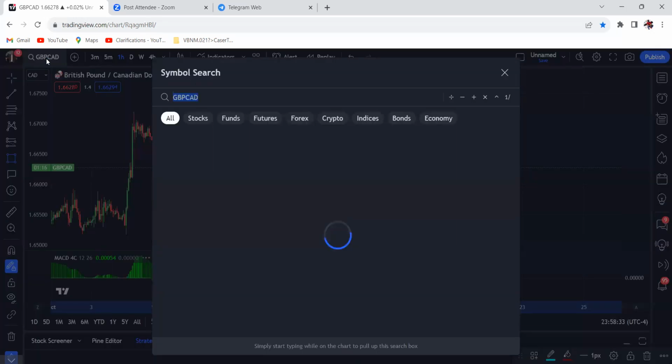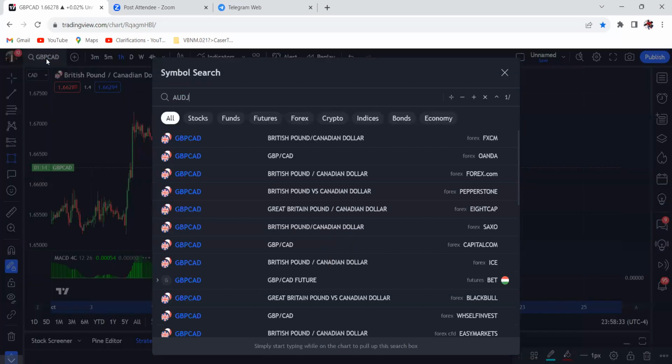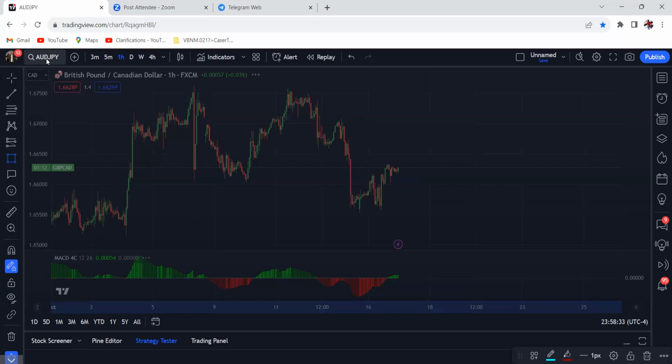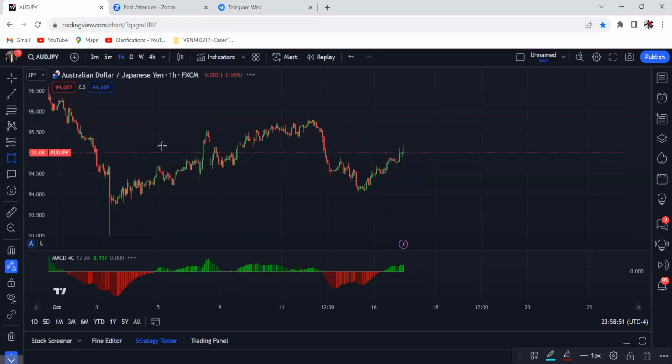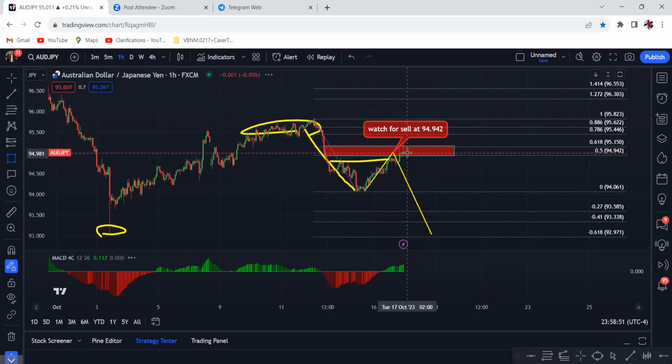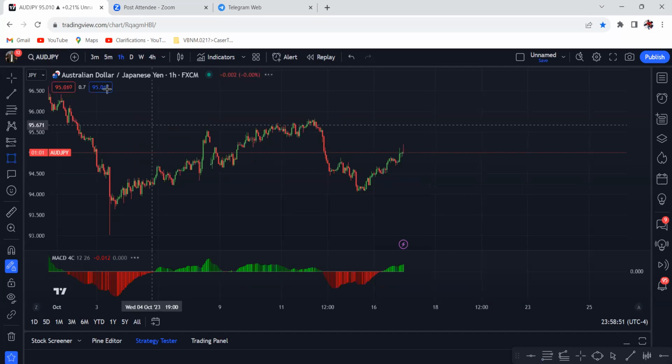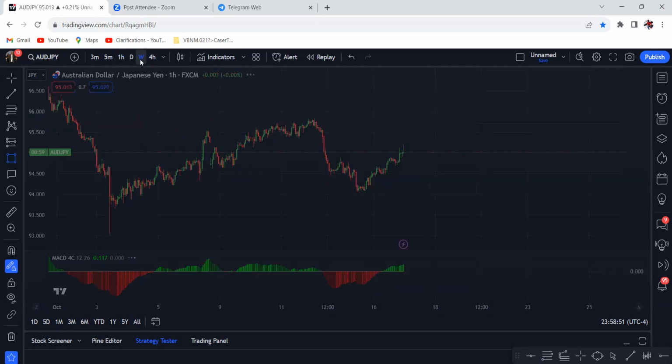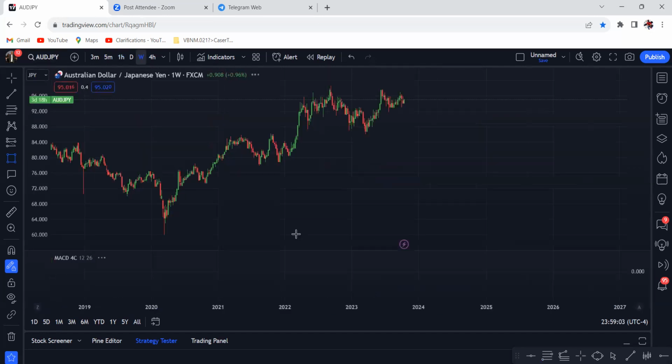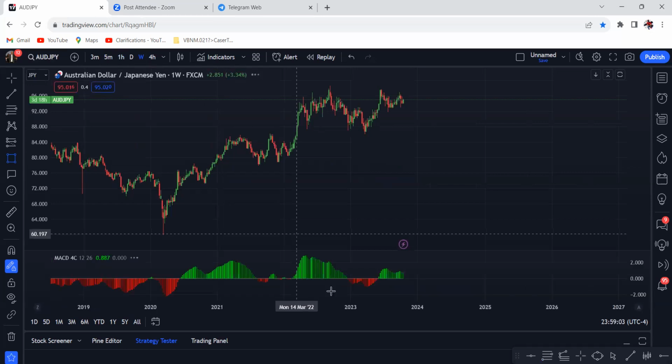So putting this all together, the JPYs this week, they all got some amazing sell setups, as you can see here. See that? Boom. So let's start this from scratch. I go to the weekly time frame.